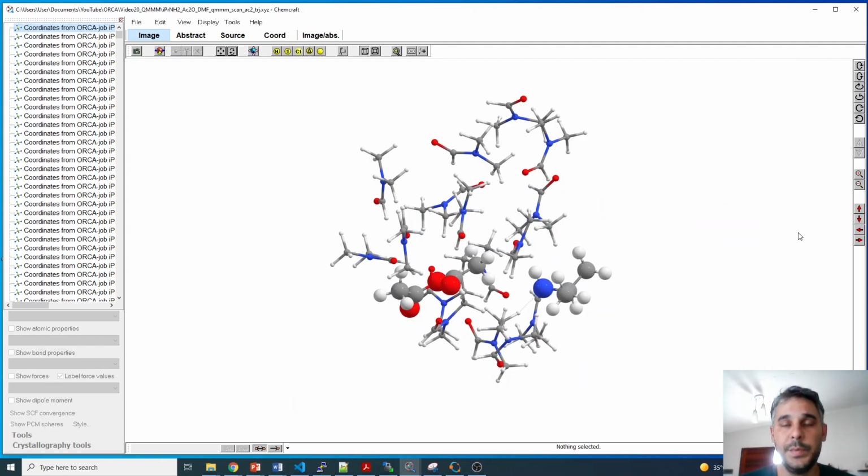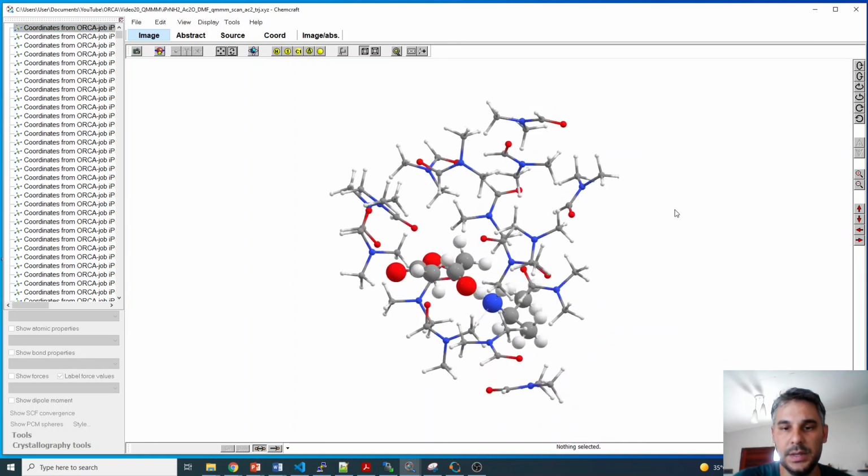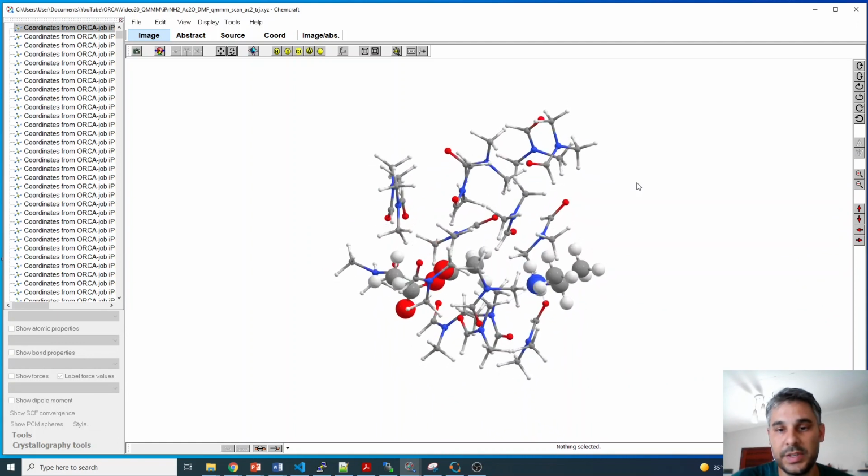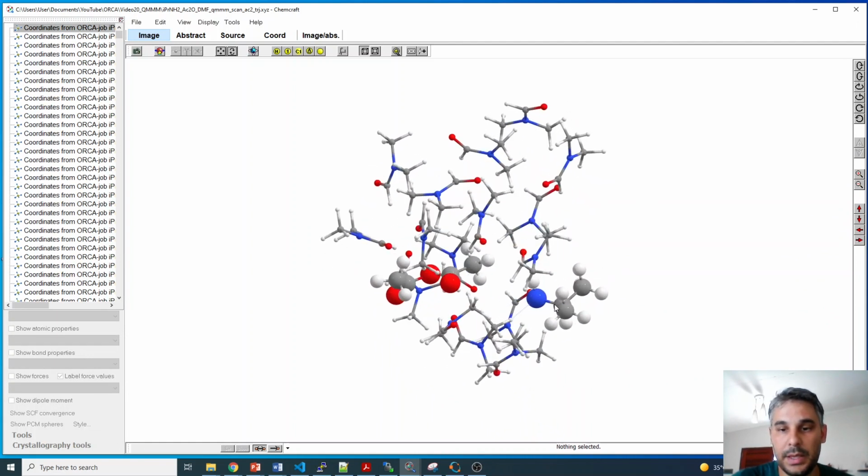Hi, in this video we're going to talk about multi-level calculations in which one region of the molecule is treated at a higher level of theory and another region, for example the solvent, is treated at a lower level of theory. So in this setup we're going to make a relaxed surface scan of the attack by